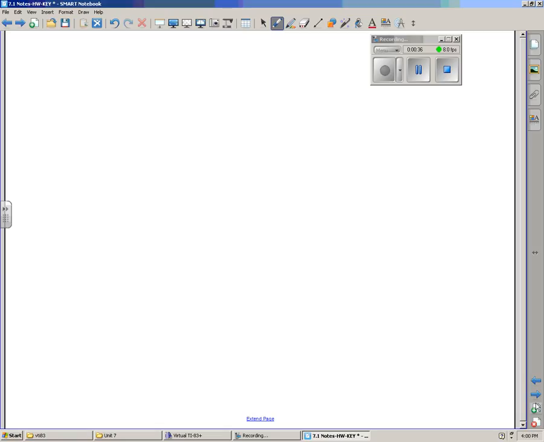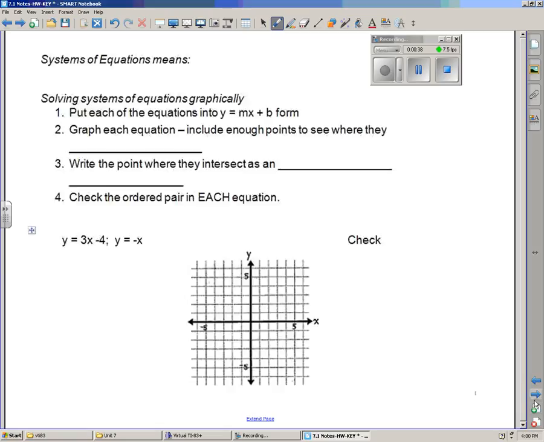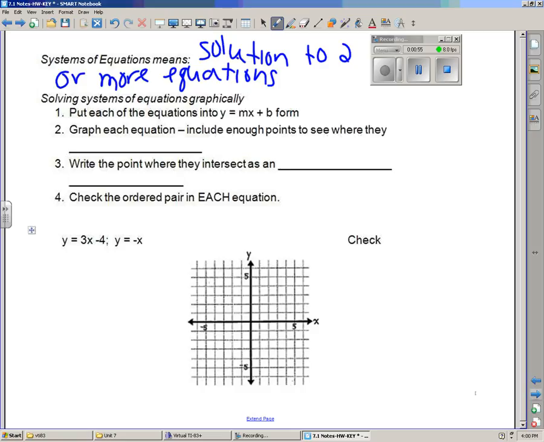Okay, so systems of equations, all that a system of equations is, we're trying to find the solution to two or more equations. Those equations might be linear, they might be quadratic. Usually we give you two linears and then a linear and a quadratic, but there can always be different ones